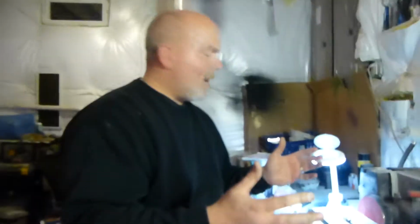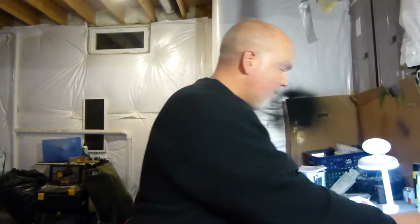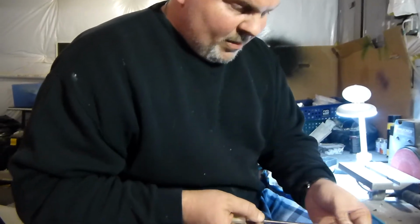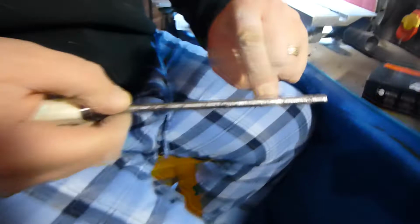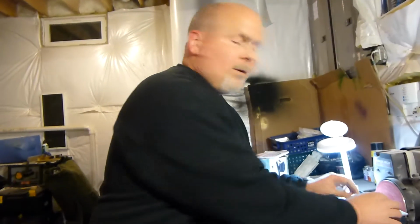Safety is paramount. No one wants to get hurt while doing their hobby. And since I'm putting this out there, advocating the use of the disc sander for making the pens, which does a great job for bone, there are some inherent cautions that need to be taken, and one is to pay attention. I have grabbed my spindle or mandrel a couple times in there, and as you can see, the way it's kind of sanded or roughed up a little bit, it happens. But I didn't want someone to find out by